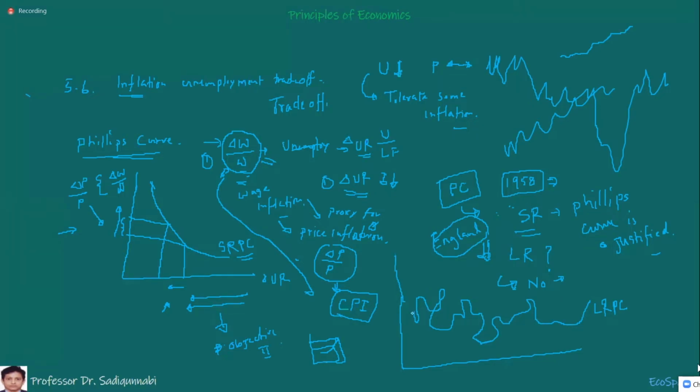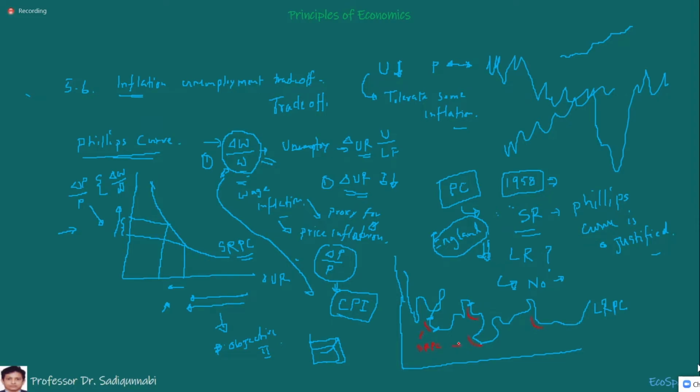If you look at this graph, you see that sometimes the short-run Phillips curve is there. From here to there, the Phillips curve is justified. From here to there, let me use a separate color. From here to there, the Phillips curve is justified. Here to there, the Phillips curve is almost justified. But there are other regions where the Phillips curve is not justified. So the red marks are the short run SRPC.